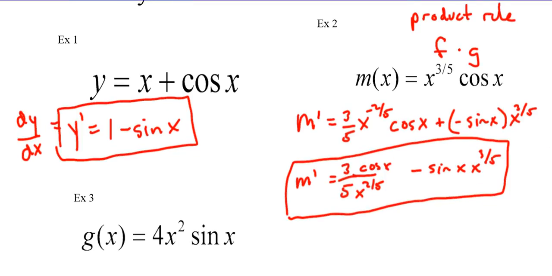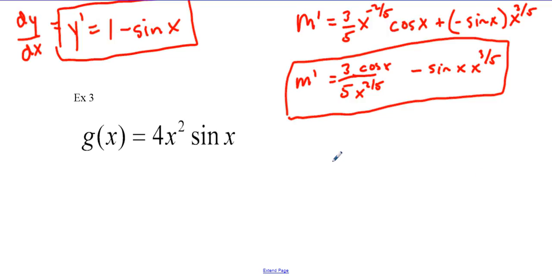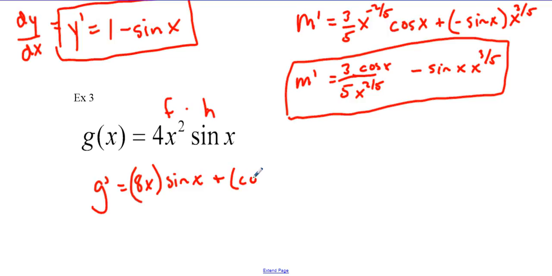All right, so use a product rule. So we use a trig with a product rule. Well, let's try one more. We have this, once again, f times g. Well, I guess I'll call it h. F times h, because here's g. So to find g prime, which is dy/dx, that's a derivative. Let's find this. Well, to take the derivative of this, we're going to take the derivative of the first, so it'll be 8x, all right, once again, use product rule, times sine of x, plus now, because that's a product rule, times the derivative of sine, which we know is cosine,